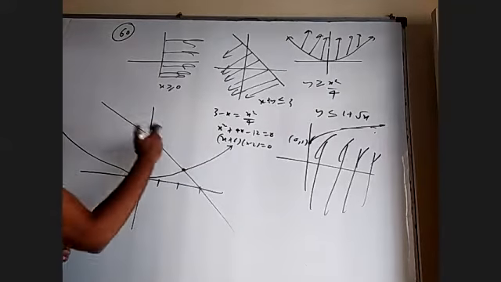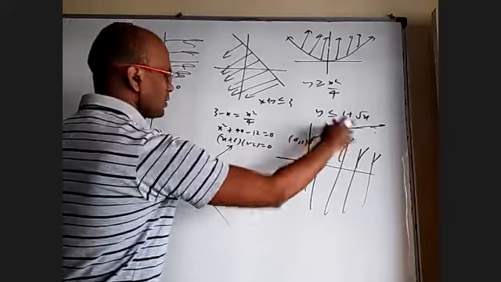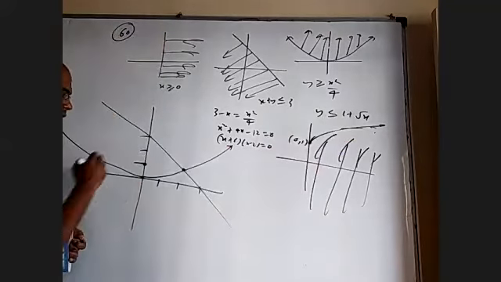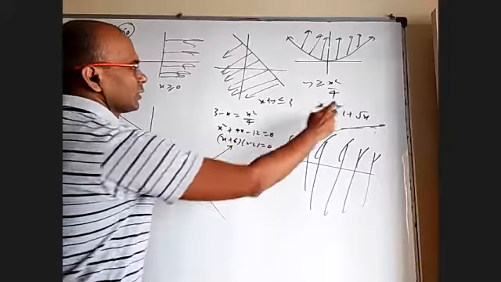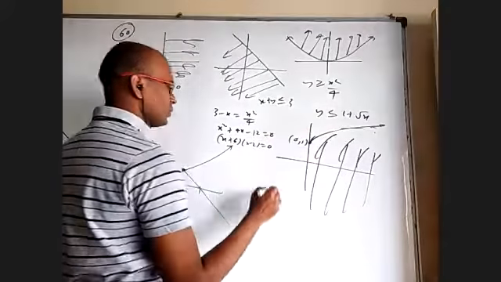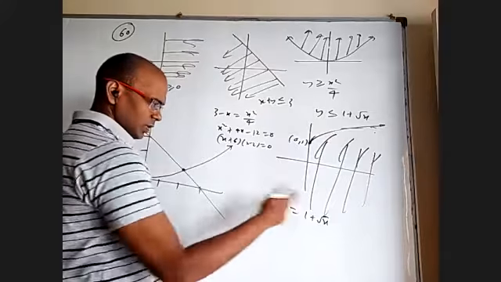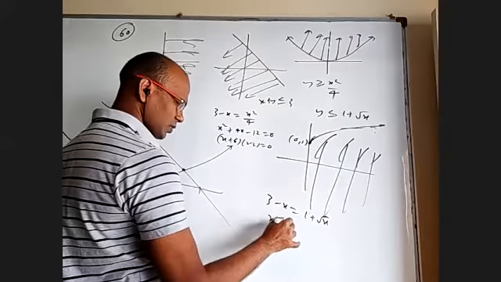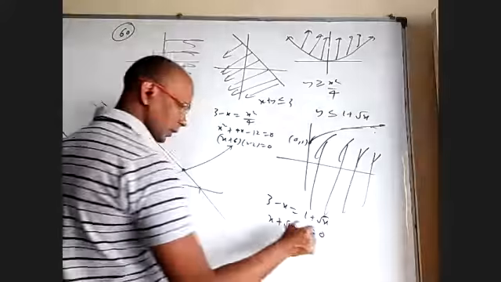So we want above this, below this, right side of this, already this region. What about 1 plus root x? It starts with 1, where this curve and that curve will intersect. I have to see that. Which one? Line and this. So I have to equate 3 minus x to 1 plus root x. When I send this side, I'll get x plus root x minus 2 equal to 0. This is a quadratic question in terms of root x.